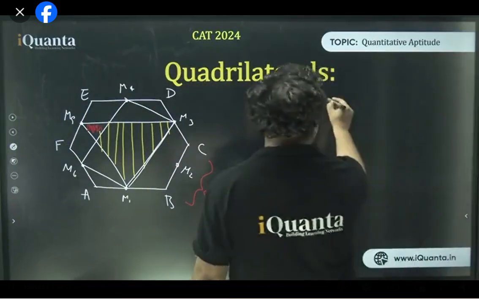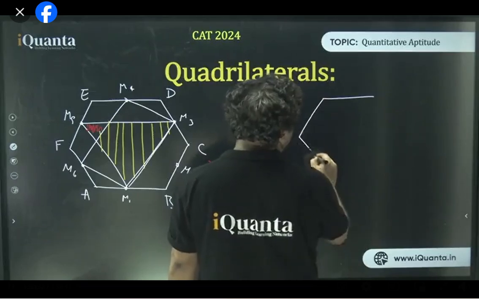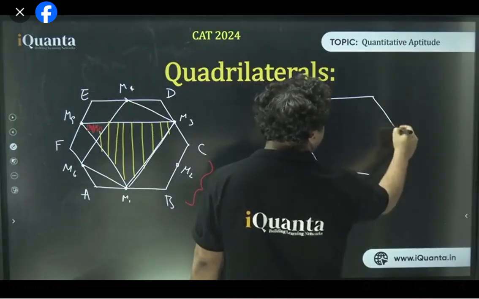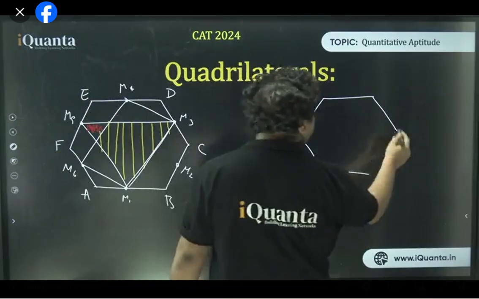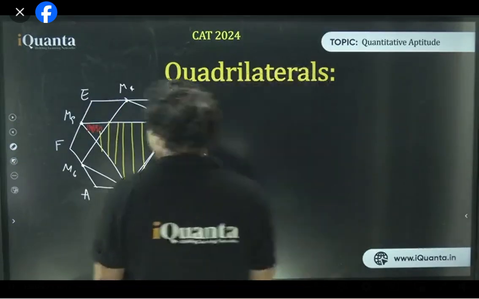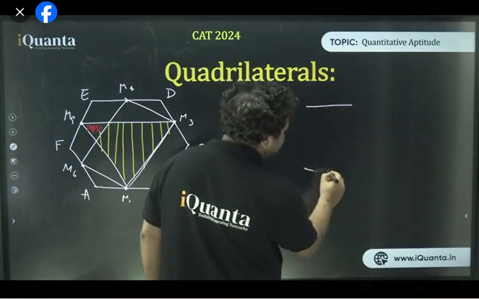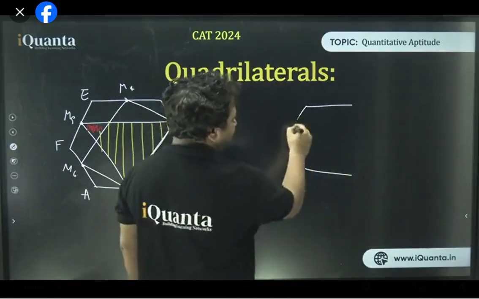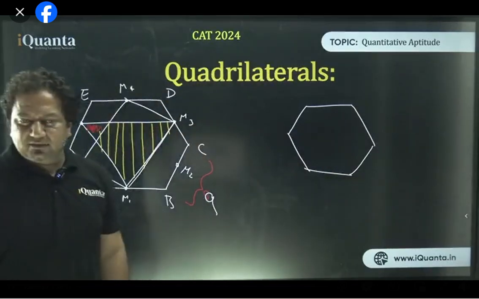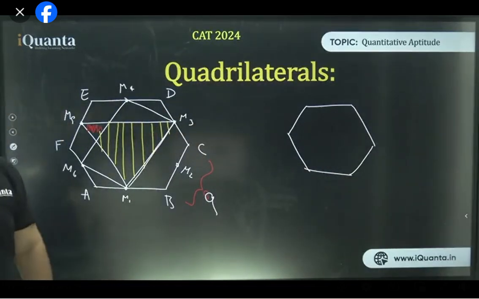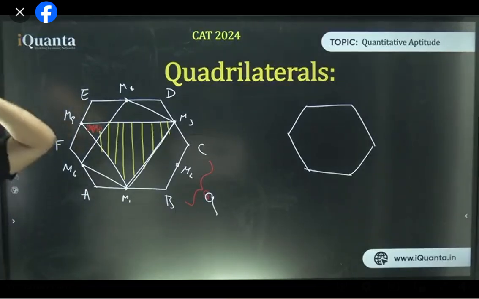Right, but let me do something really cool. Tell me if you understand this statement: a regular hexagon is made by 3 sets of parallel lines. See, I'm making it. One set of parallel lines. This is the second set of parallel lines. This is the third set. Can I say that? A regular hexagon is nothing but a combination of 3 sets of parallel lines, and all the lines are equal. Of course, we can say that.